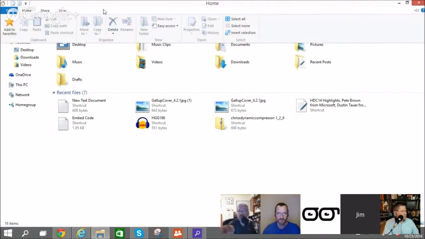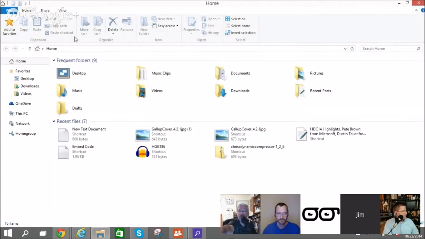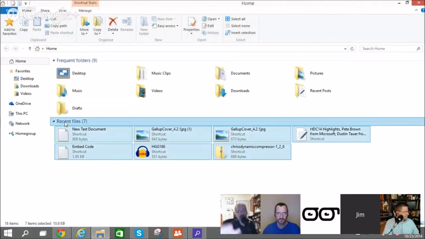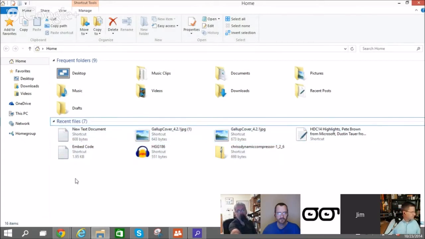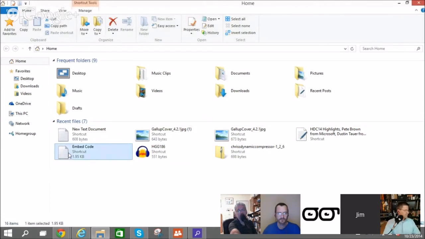Over on the right-hand side under the X, there's a pin to make that stay. So what you're seeing here is this new recent files section down below. That shows you stuff you've recently accessed, which I like a lot. A lot of people are complaining about this, quote unquote, privacy-wise. But click on one of those text files and just highlight it. Don't double-click it to open it.